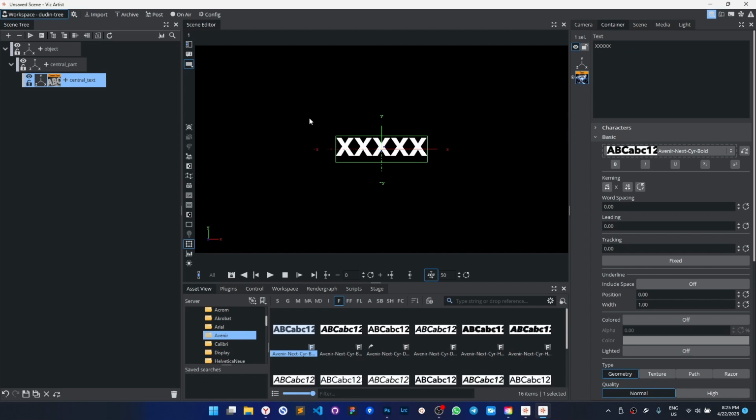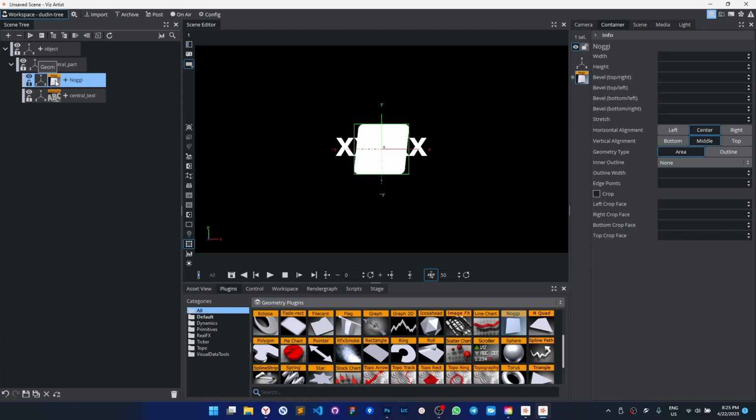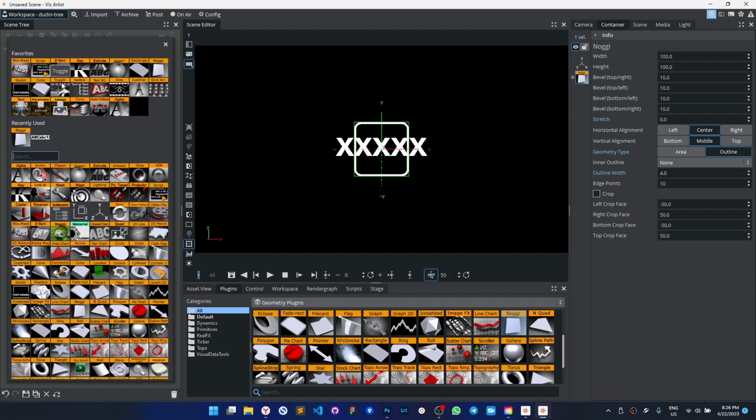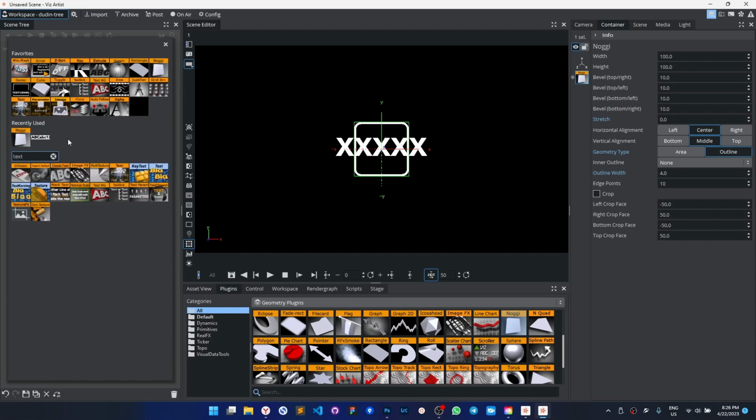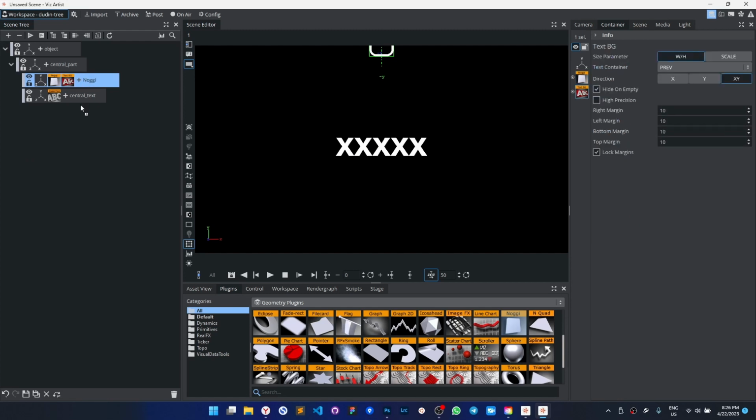Okay, then we prepared the text itself. Let's add some frame, and I'm going to use for this the simplest variant, a rectangle. Of course I need to change the style to outline, use some thick width for the outline, and for this rectangle I'm going to use the classic plugin, text background. Okay, let's put it here.